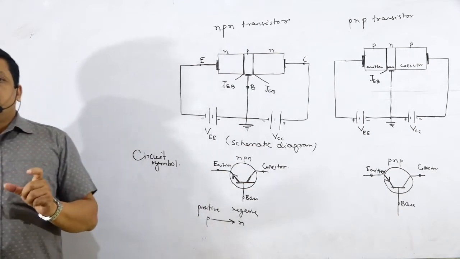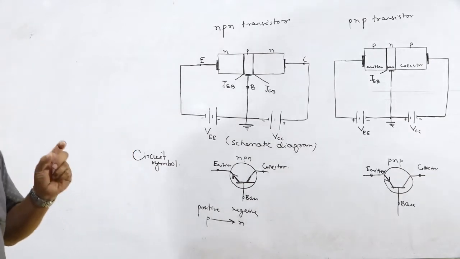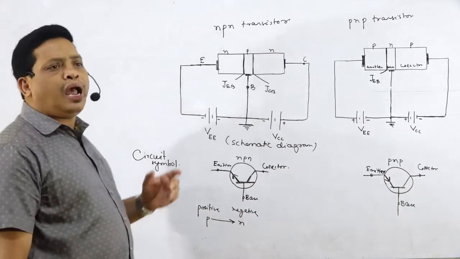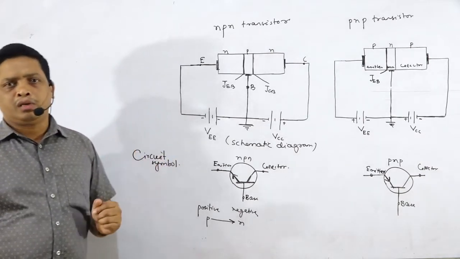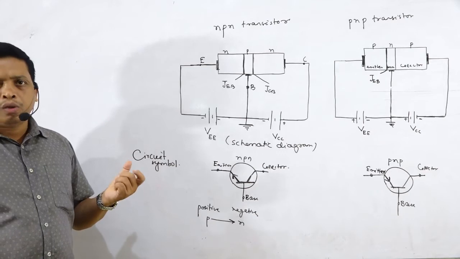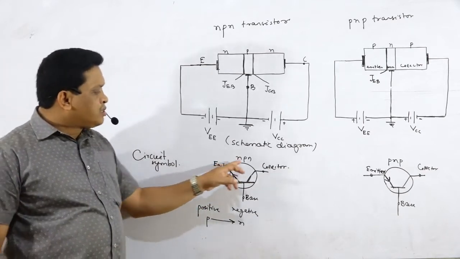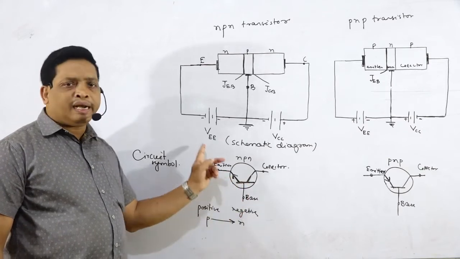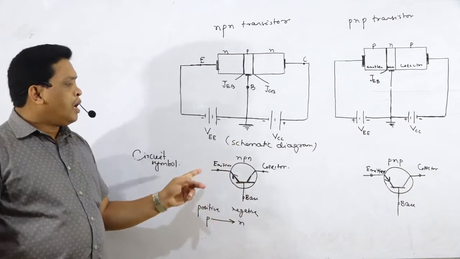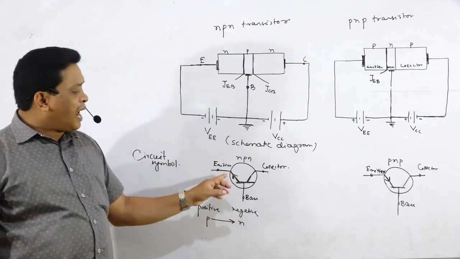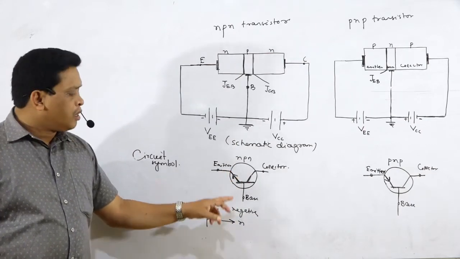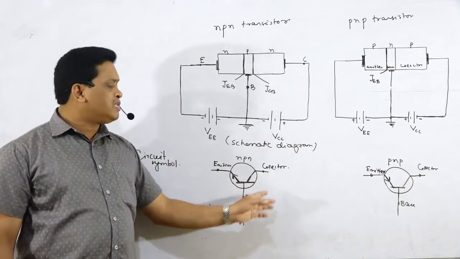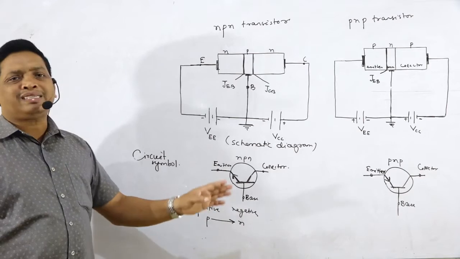Very often in the examination, short type questions are asked. Draw the circuit symbol of NPN transistor and PNP transistor. That can be a question for 1 mark. While drawing the circuit symbol, you have to show it like this. The arrow mark will indicate the emitter terminal, the terminal adjacent to it is the base, and the terminal which is away from it is the collector. So emitter, base and collector.